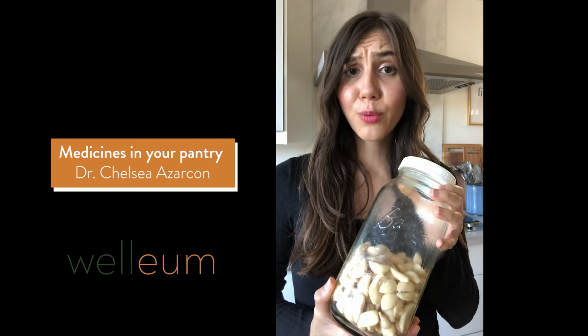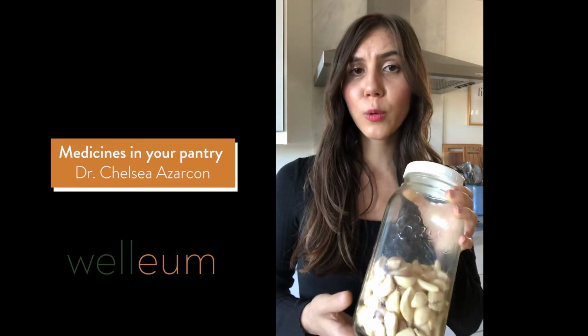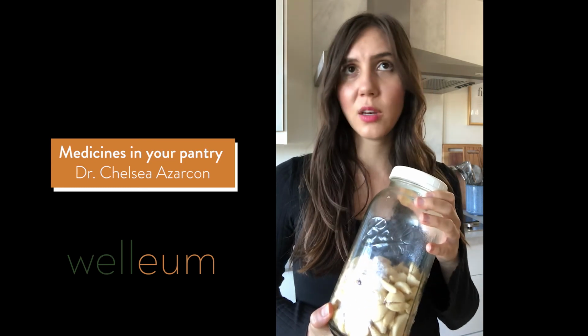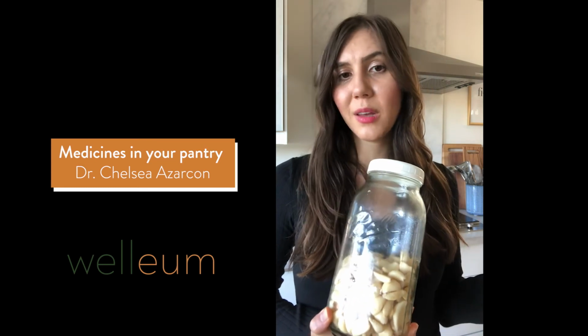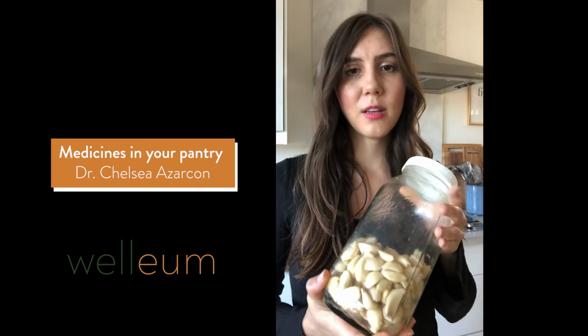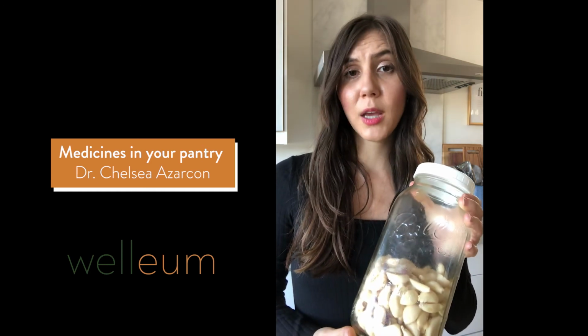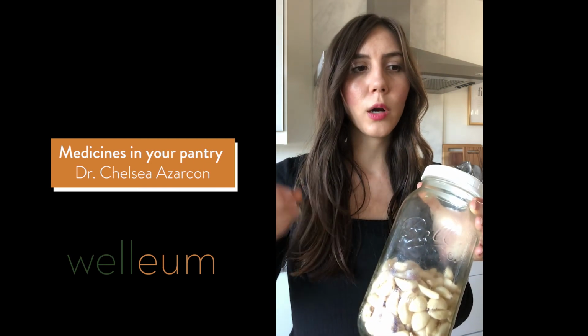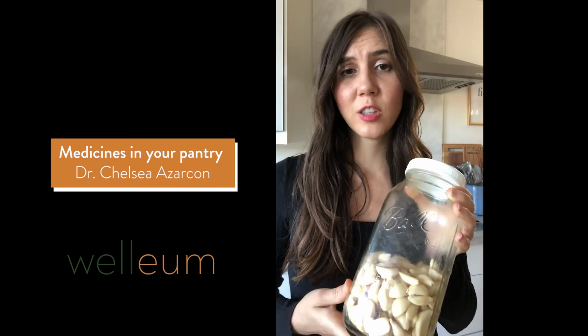Garlic is also great for the cardiovascular system, so I frequently use garlic capsules in my practice for patients who have elevated cholesterol or other elevated lipids, and I want to slow plaque progression for them. Garlic is also an amazing antioxidant, so a lot of times when we have problems with cardiovascular, there's a lot of oxidative damage in the vessels, and it can help